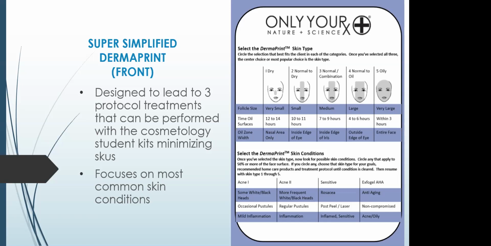And then, once you've determined your skin condition group, on the back side, rather than having a full retail line, we've created facial protocols that correspond to the travel kits. So we have home care products to be used for each of the skin types. So you would just grab those products and use those products to perform these services. Now your kit, the student cosmetology kit, only YOURx kit, has 3 protocols that they follow, and those 3 protocols correspond, and I think you can do 20 services of those 3 out of your student kit.